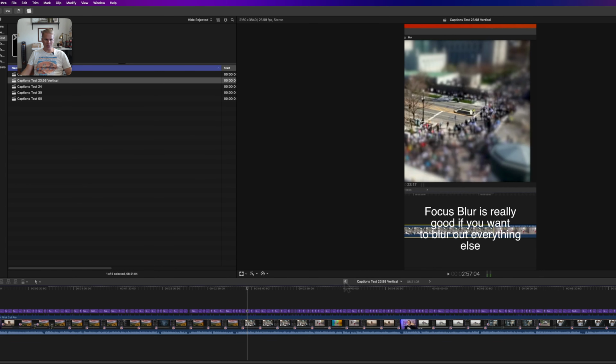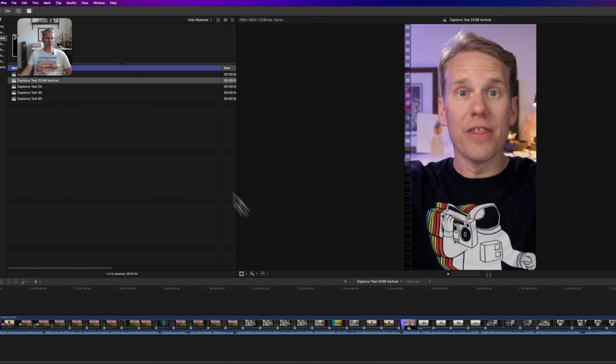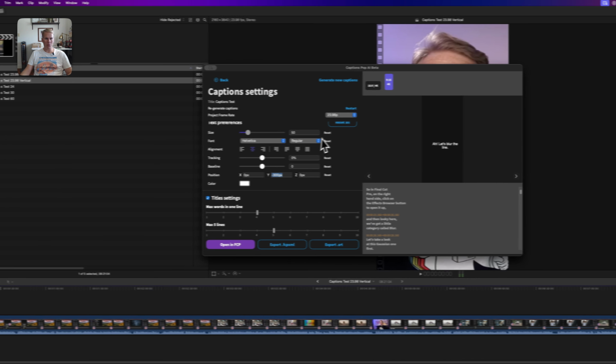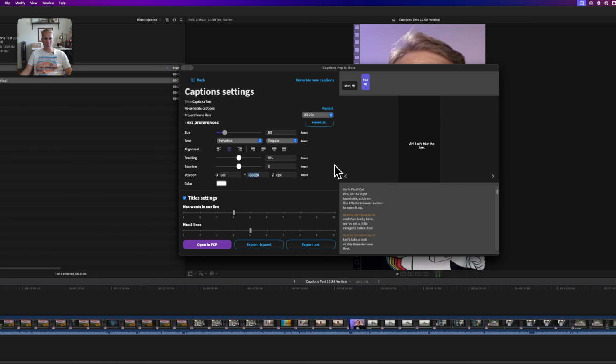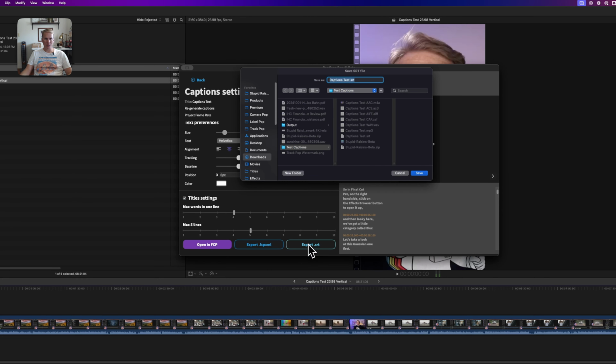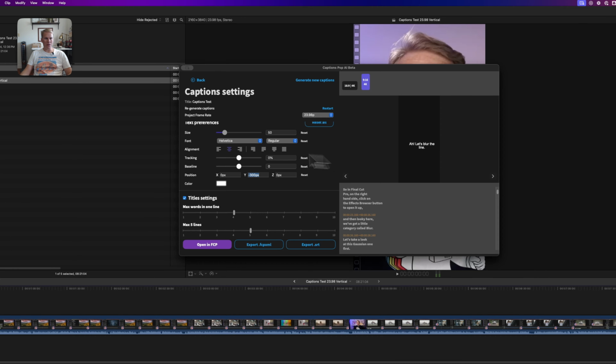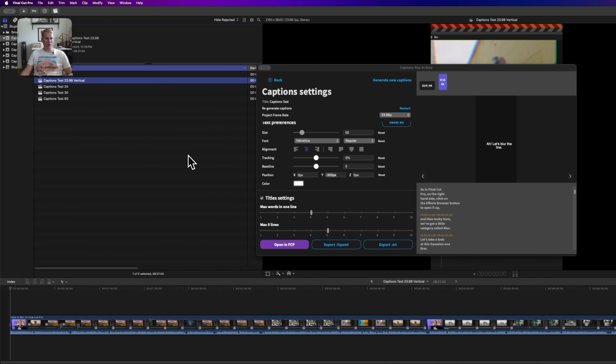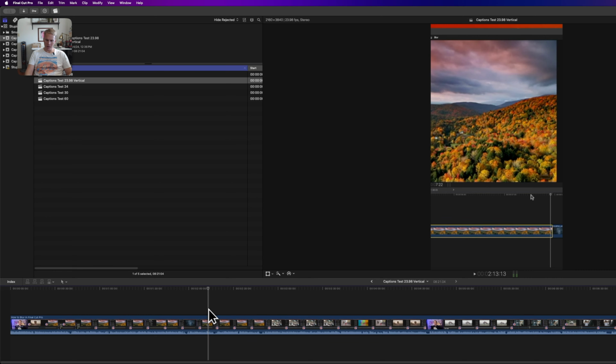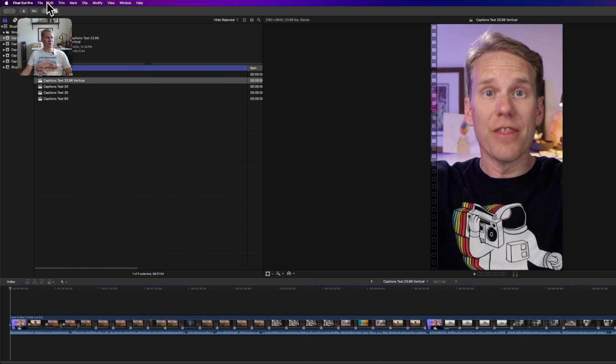You can also export these as SRT files. So let's open up our caption settings here, and I'll just click on Export SRT, and I'll just save that. Replace, I was testing it earlier. Okay, now let's minimize again. All right, so now if I come in here to this project, and then I go to File, Import, Captions,